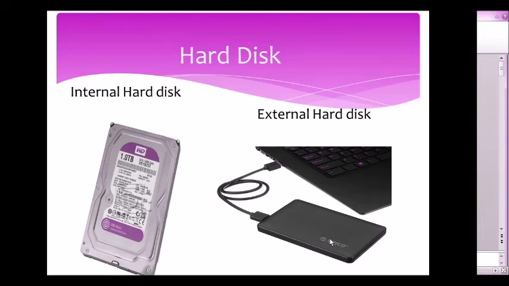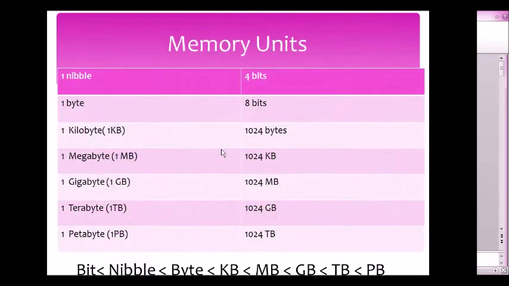And the benefit of hard disks is that they give us so much space. Storage space is very high in hard disks, and now we have 1 TB, that is 1 terabyte, and there are 2 terabytes, 4 terabytes, like that also. Okay, and you all might be wondering what is this terabyte, gigabyte and all. We'll see those memory units now.